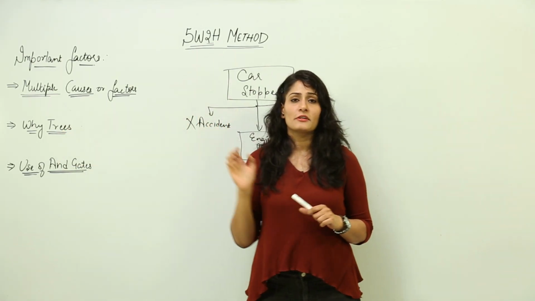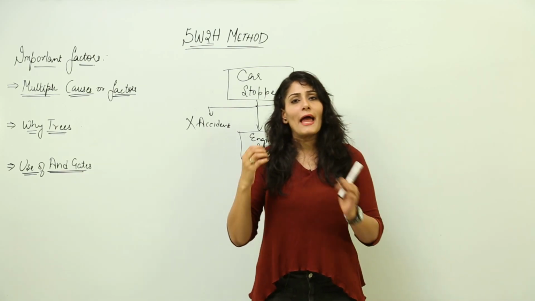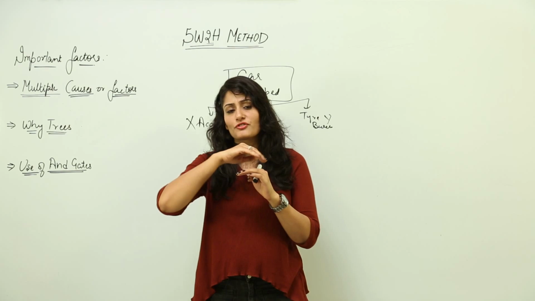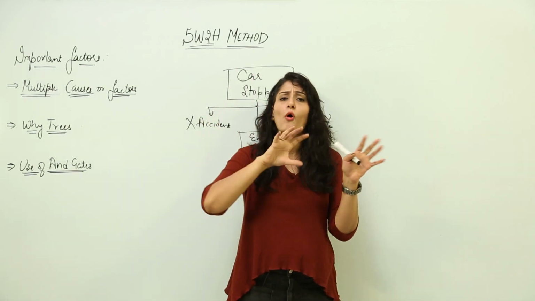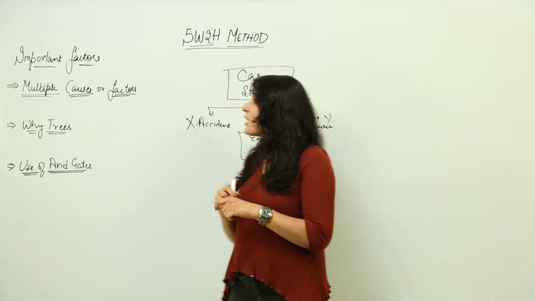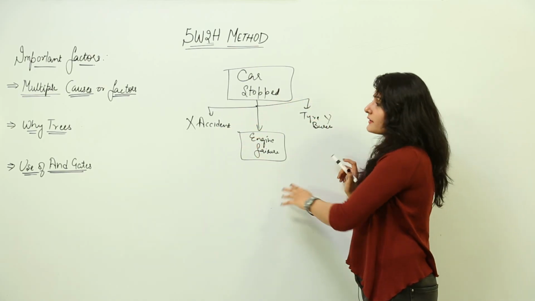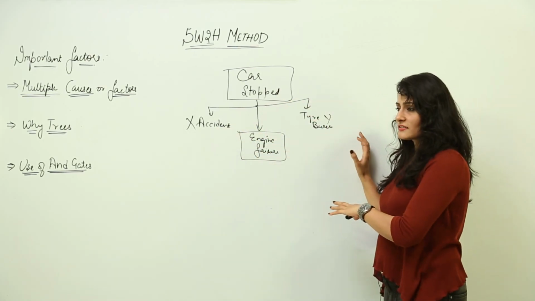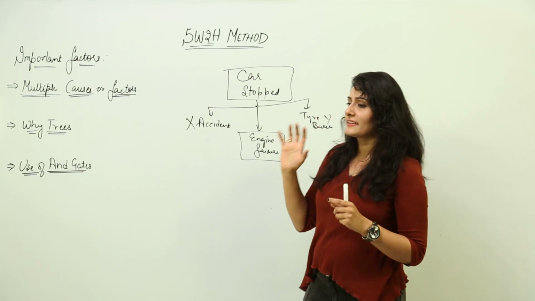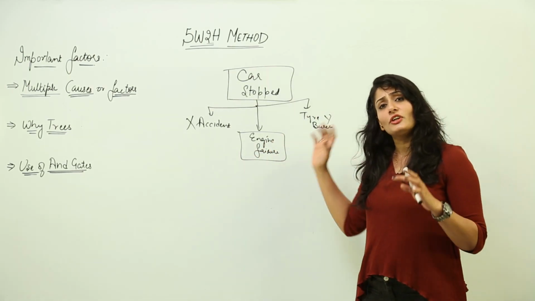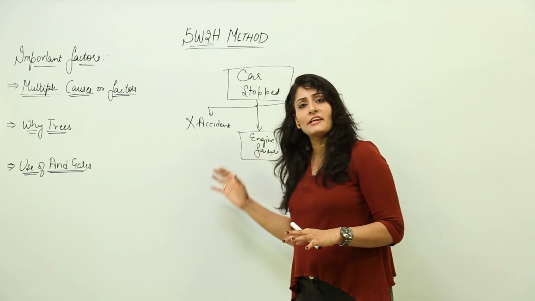So the second thing I would like to tell you is that always use this method in collaboration with Y-trees. Now why Y-trees? Y-trees are just fanning out, or branching out, of all the factors that might have led to the event. For example, here I said car stopped, so I made a tree: this can be due to these things. Now when we say the engine stopped, there was an engine failure, this engine failure can also be due to many factors.